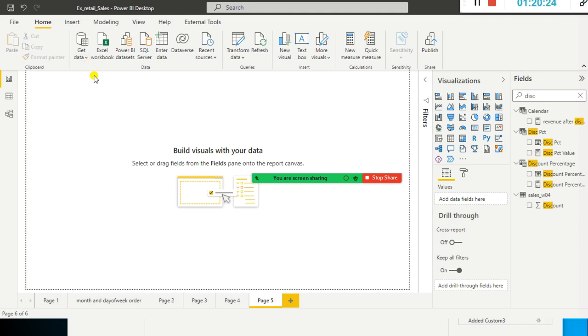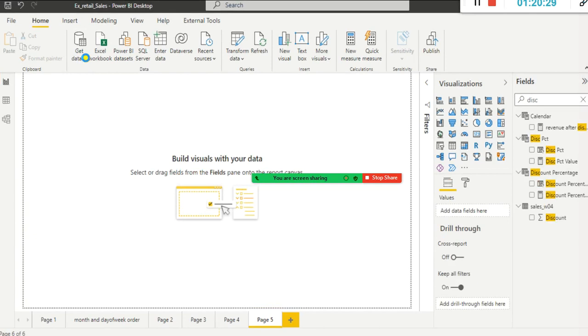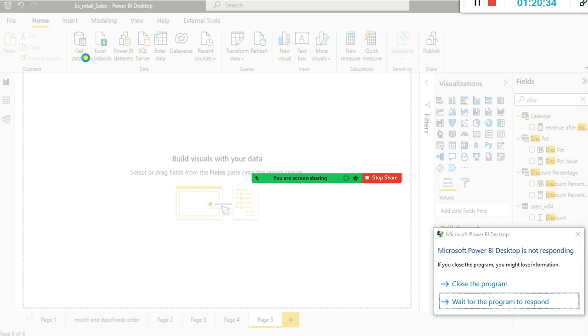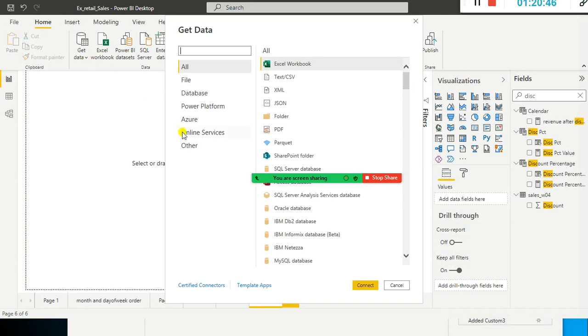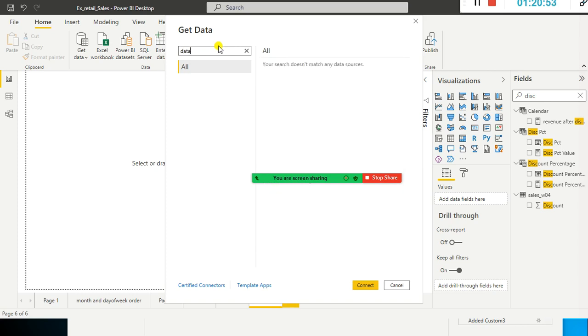You can see that one. Dataflow. Power BI dataflows, right?